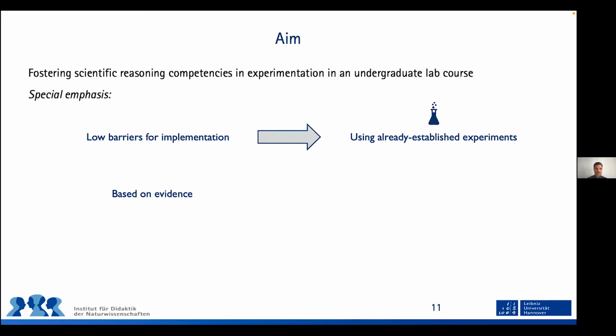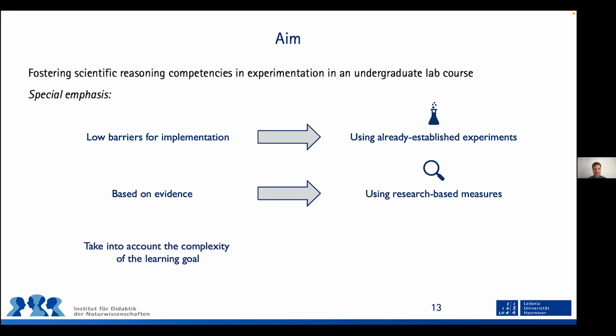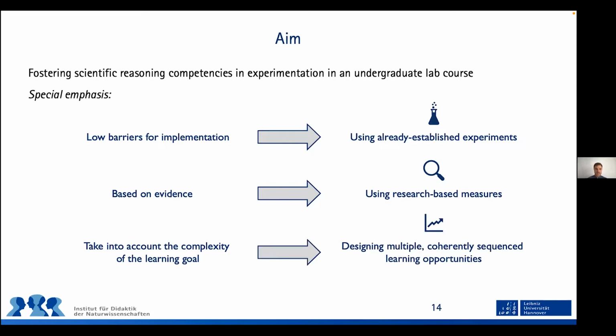And there are already a lot of measures out there that have proven to be effective in fostering these competencies. The last but not least point is that scientific reasoning competencies are very complex constructs, and this complexity should be taken into account. And therefore, we decided not to design only one learning opportunity, but to design multiple learning opportunities